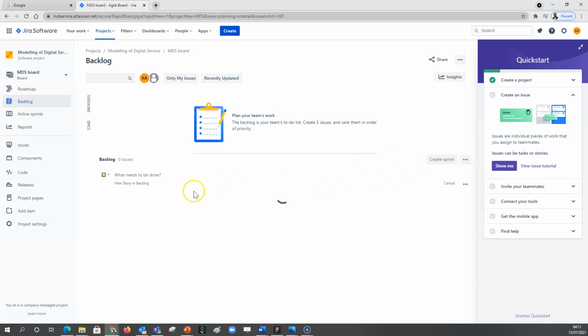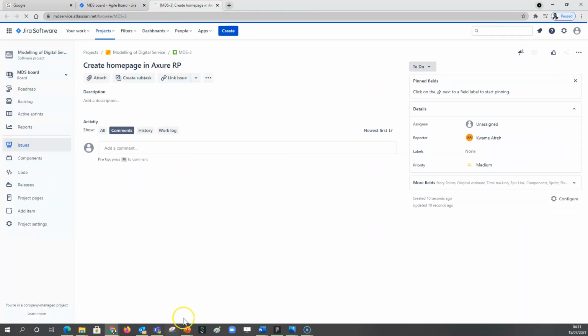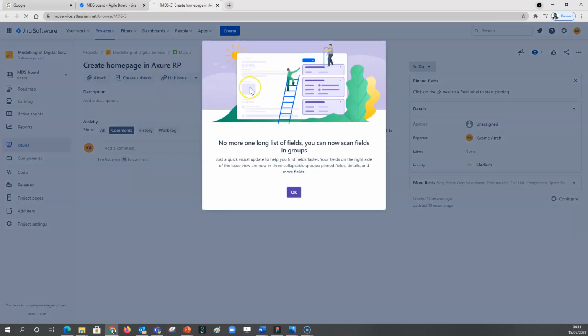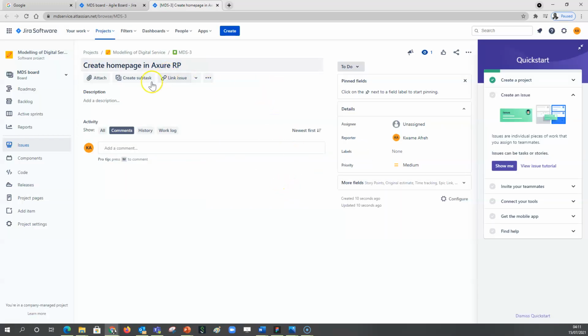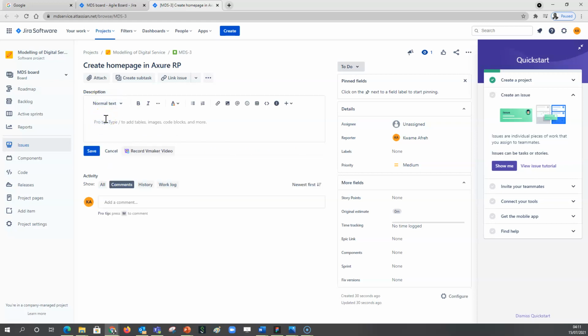This is just an example, and then you just hit enter. The story is then created, but now I need to add more details. So I'll just click here, and in this case I can start to think of the epics. So now it's already under this project. Do I want to link it to an epic or something? There are also more fields here, but first, from the description side, I can start to say that